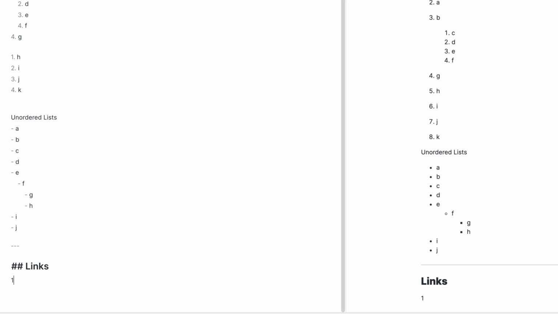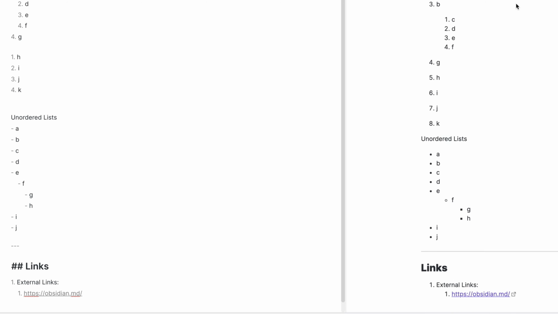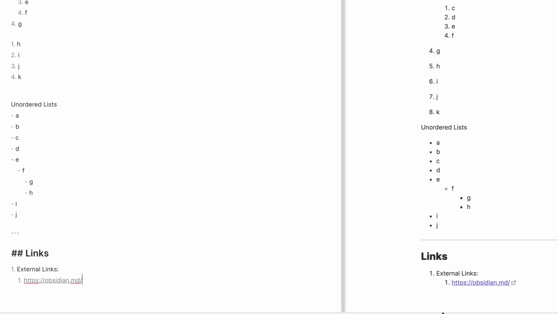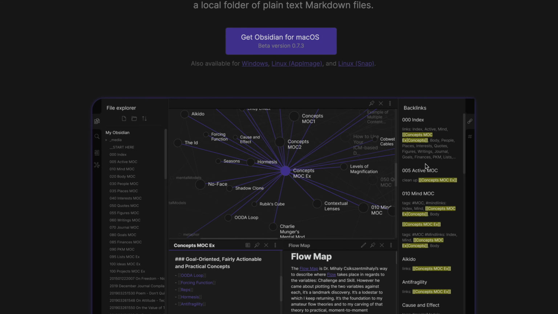First we'll start with external links. So the very first thing we can do is, let's have it as is. So this is the first format. Now you can see just by pasting it as is, it's created the link here. Now clicking this will take you to the Obsidian website directly.